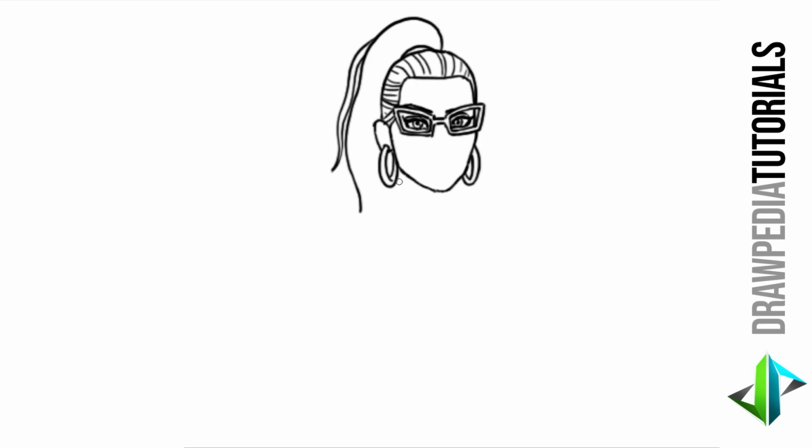Now for her nose, I'm going to draw a curved line down below the frame in the middle, curve line across at the tip of the nose, and curve line down on the left and right side of her nose. Curve line across below the nose right there, and from the corner of the mouth, I'm going to draw a